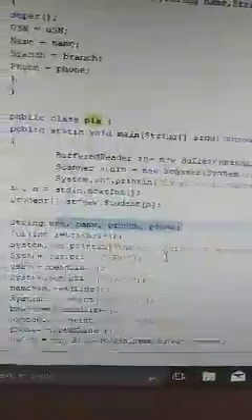Next, we created local variables USN, name, branch and phone. These attributes are required. Using the for loop, for how many students' information I want to read: i equals 0 up to n, incrementing the i value. Enter the details of student i plus 1. What is the meaning of i plus 1? Initially i is 0, so 0 plus 1 is 1: enter the details of student 1. Next time student 2, then student 3, continuing until the condition is false.